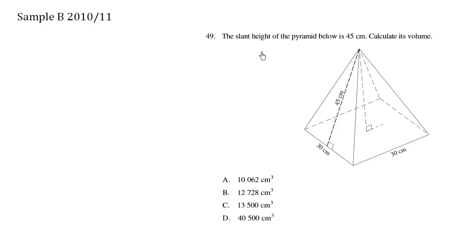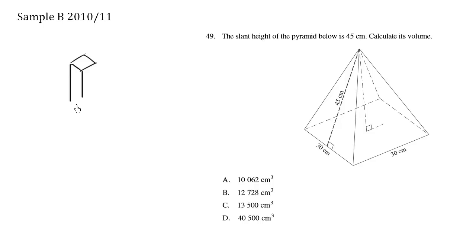The slant height of the pyramid below is 45 centimeters. This here is the diagonal. We're sliding down this pyramid. Calculate its volume. So it's nice to memorize that when we have a nice rectangular prism, so this is a